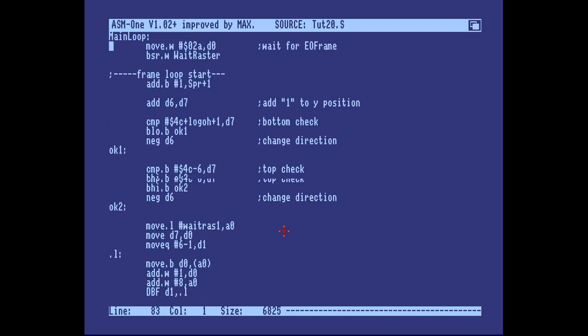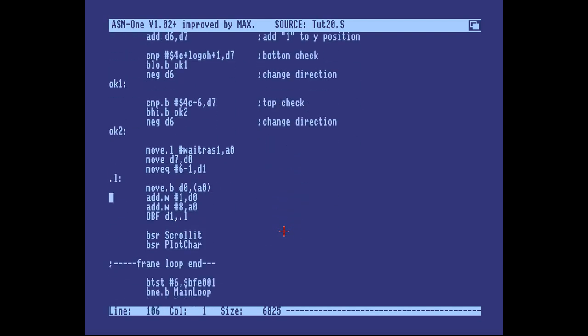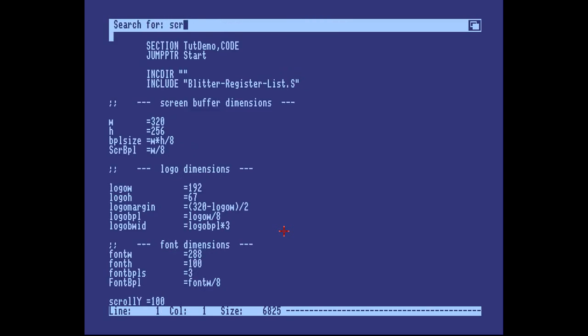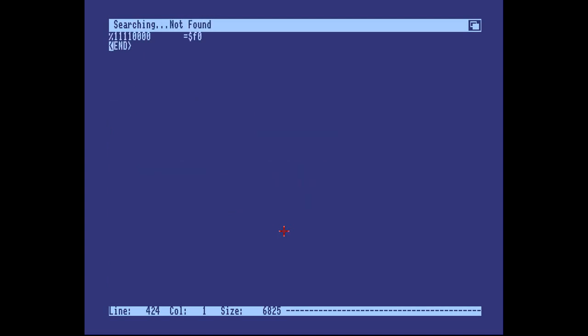This is our main loop. Waits for the raster, moves the raster bar, scrolls an area of the screen, and plots a char to a different position on the screen, specified by scroll Y at the moment. Scroll Y, because we can. So anyway, here's